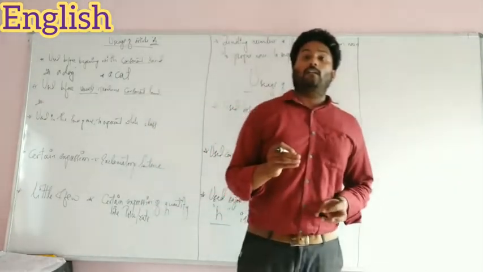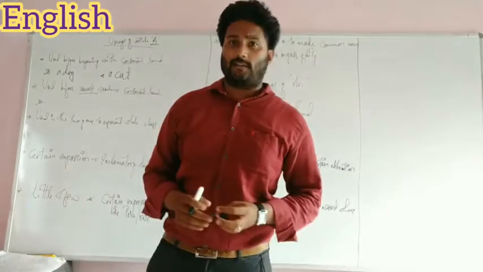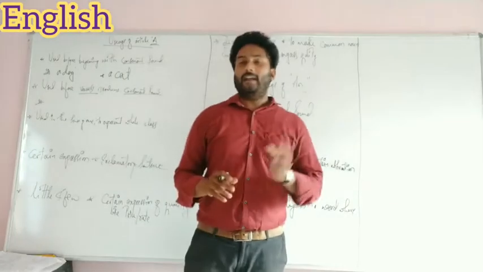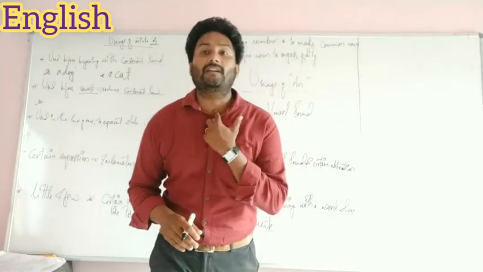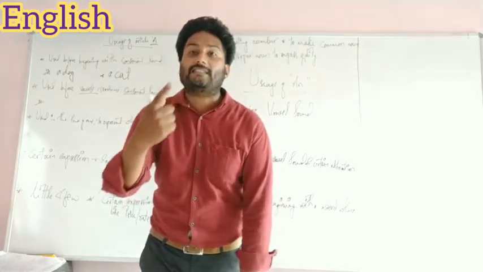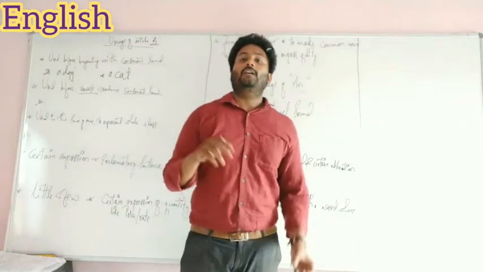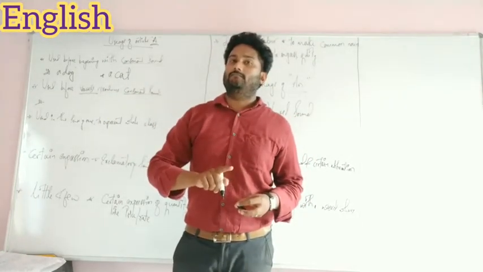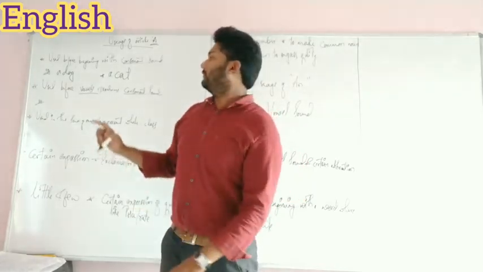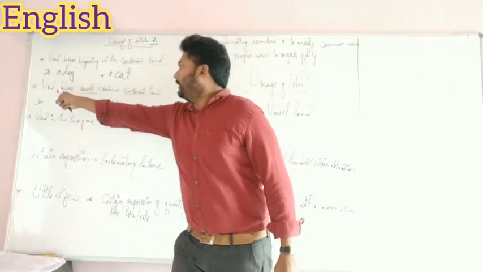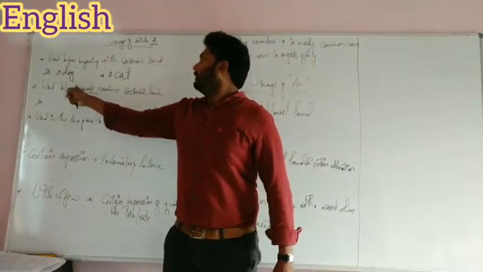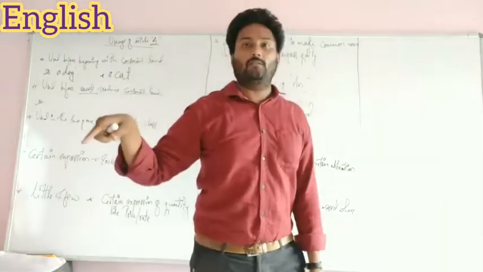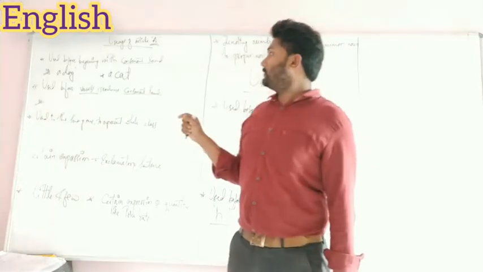Previously, while discussing the definition, I said that indefinite articles A and AN, these two are indefinite because they depend on our pronunciation. That means our utterance of a sound. That's why I said these are indefinite articles. It depends on the vocal sound. See, A is used before vowels, swara, that produce a consonant sound.